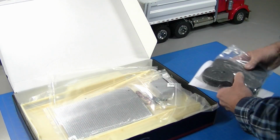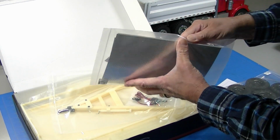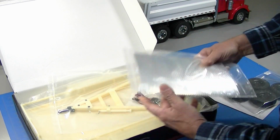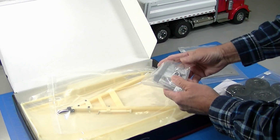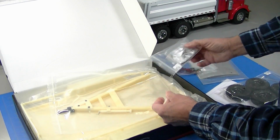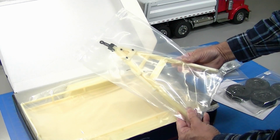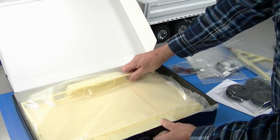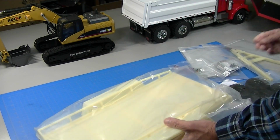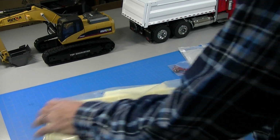So it comes with pretty nice tires. Wow, a lot of aluminum decking. It comes with lights, a little box kit for the front, a tow bar with a simulated tongue jack, and the trailer itself. The trailer is cast out of maybe a polymer or a resin,